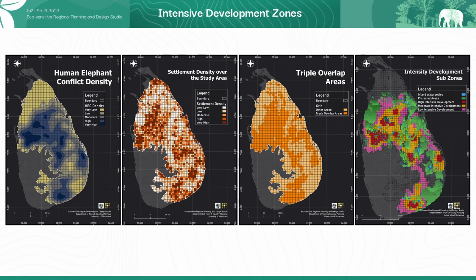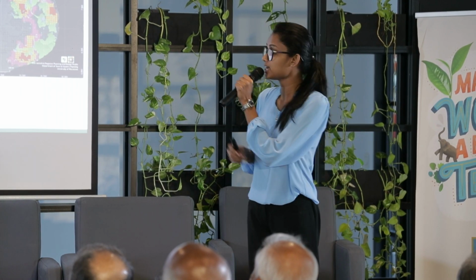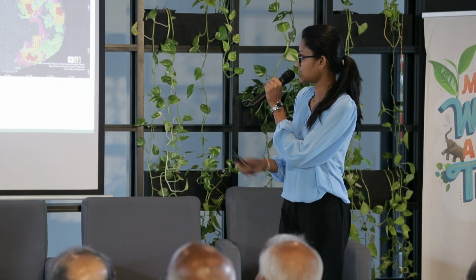Yes. The level of human-elephant conflict varies across these priority areas. So how will you designate the land use activities considering this human-elephant conflict? So Navodi? Yes, Jitmi. For that, we designate 3 subzones as high-intensive development, moderately intensive development, and low-intensive development, based on 3 criteria: HEC density, built-up area density, and HEC overlap with agriculture villages.